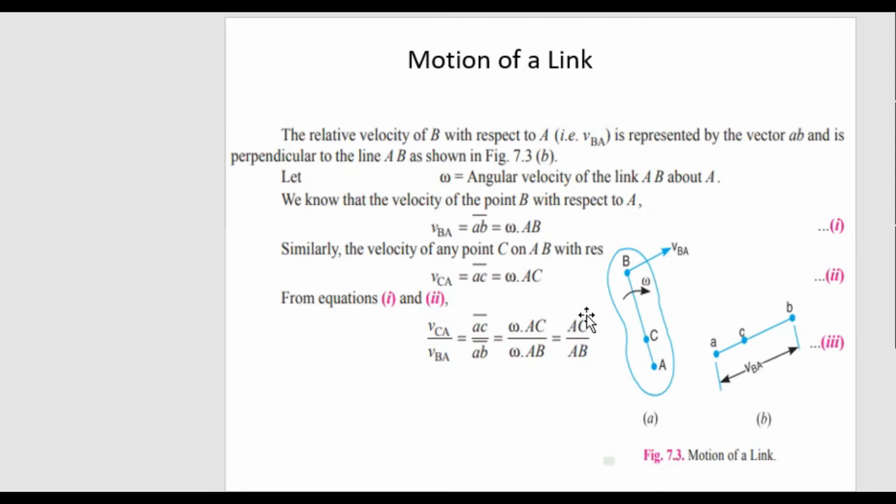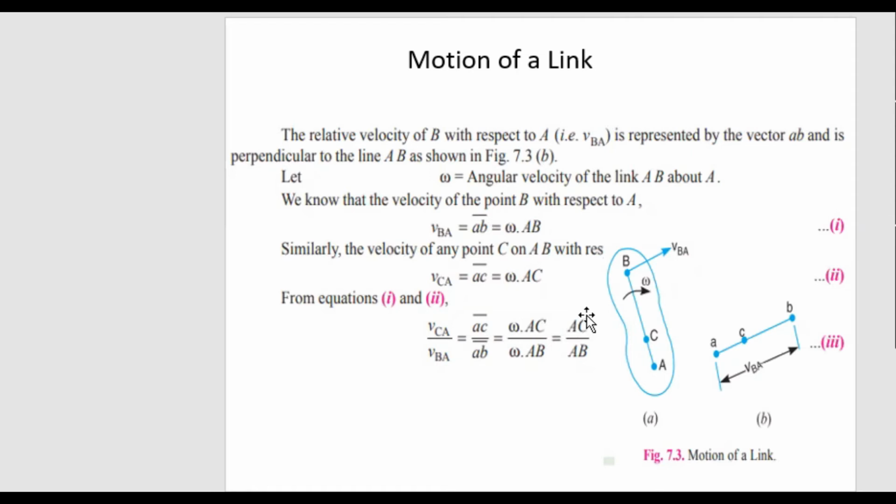If a question is given, and we are going to draw a picture for that question, we need to consider the magnitude also. That is, you need to go for a scale factor. For example, if a crank is rotating with some omega, 100 rpm, and is of length, say, 1 meter, then you need to go for a scale factor. How are you going to denote this 1 meter in your copy or exam paper? Say you take 1 meter as 10 centimeter, then the scale factor is 1 is to 10,